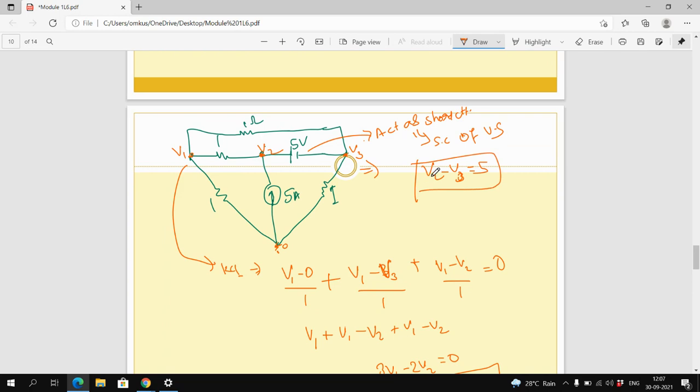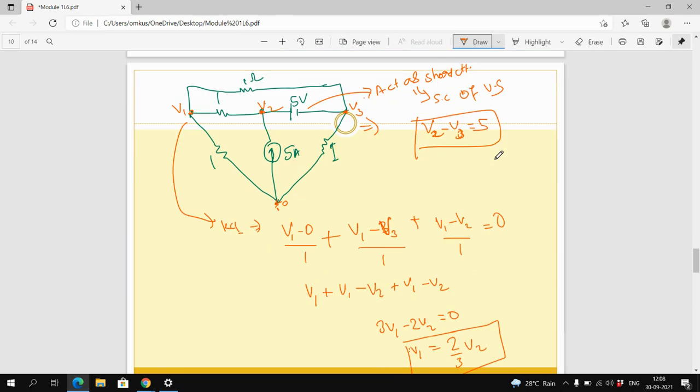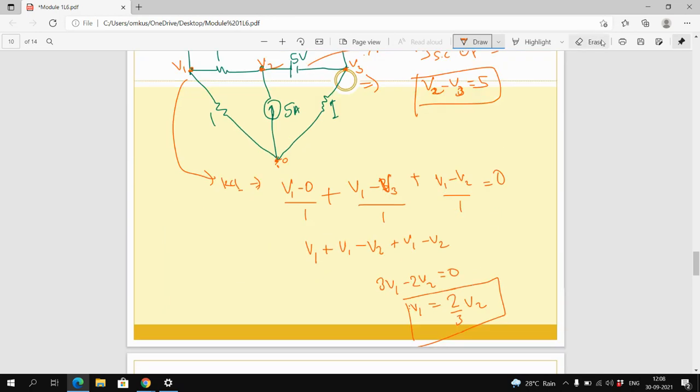Sorry for that. You consider it as a short circuit while you are taking KCL here, right? But the relation of voltage you will find with the help of this, meaning the difference between two nodes is given as 5 volt. ये दो नोड का पोटेंशियल डिफरेंस आपको 5 वोल्ट दिया है ऐसा समझो. So 5 volt, this is the positive terminal, so take this potential as the higher potential. So V2 minus V3 equal to 5 volt. Okay, so you can't replace this with the other.